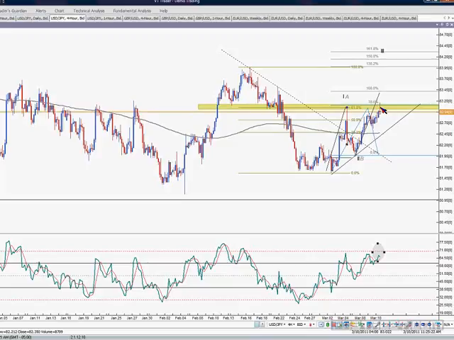So now, if it does break a zone where you're anticipating a lot of rejection, that means that the market is bullish. So right now we're still not getting that. I'm sorry, not 84, 83. We're at the 83 level. This is the neckline at 83, and we need to break above 83 to confirm this bullish scenario.